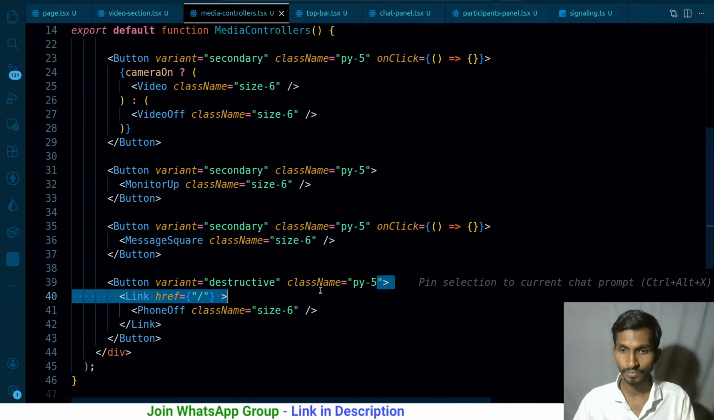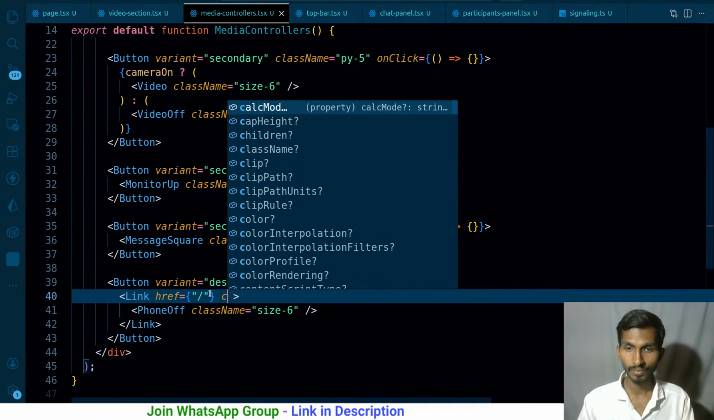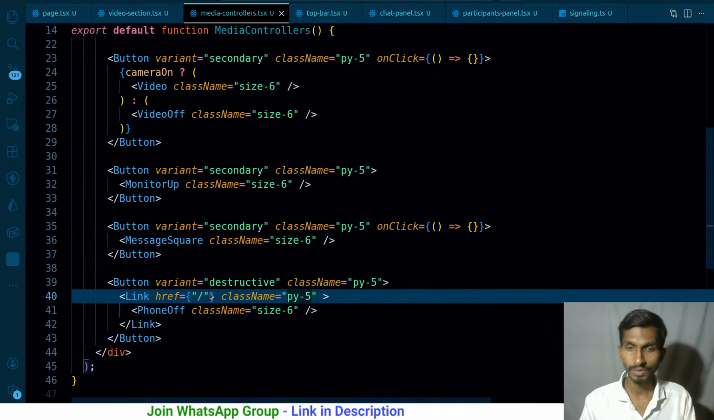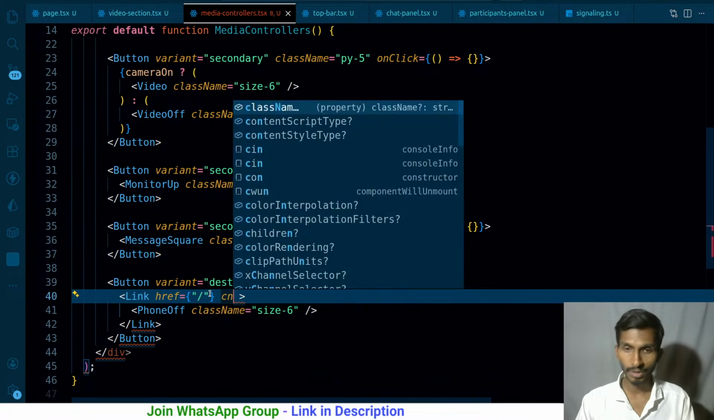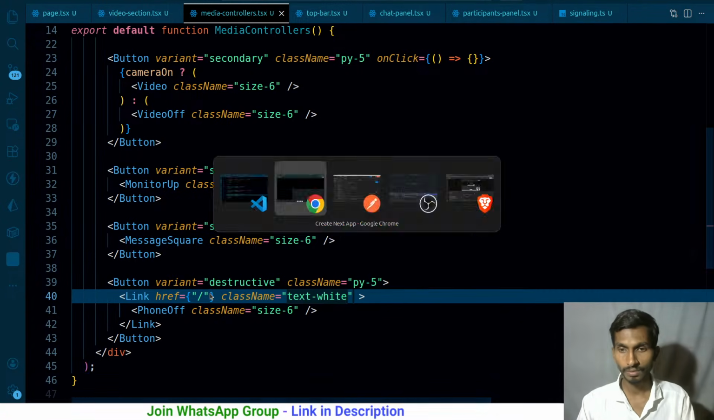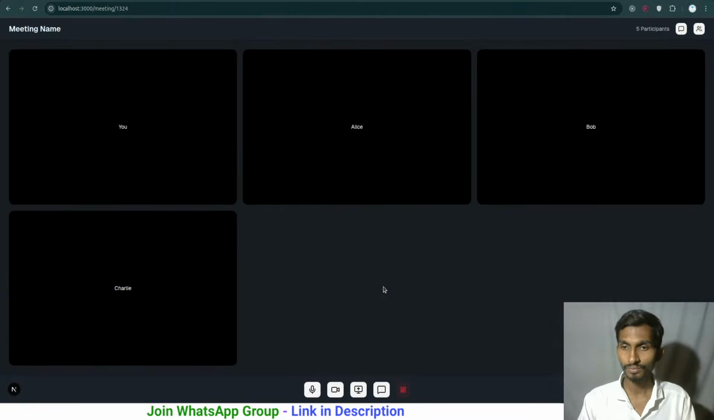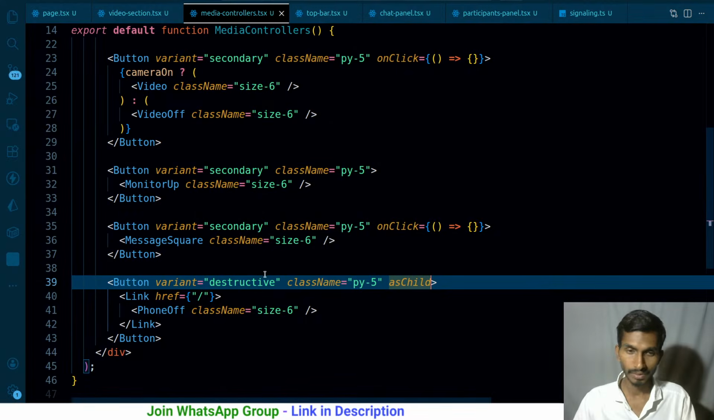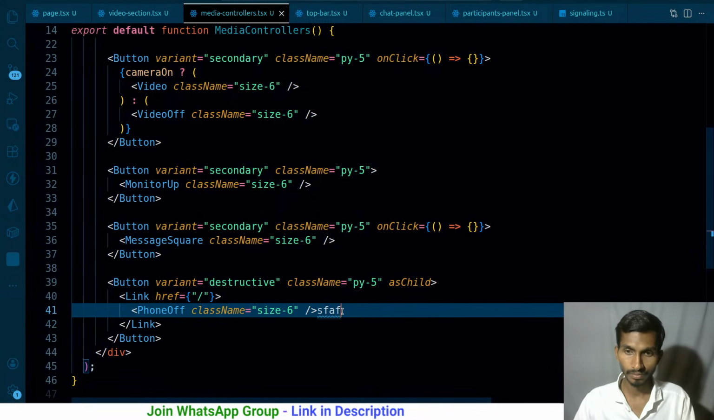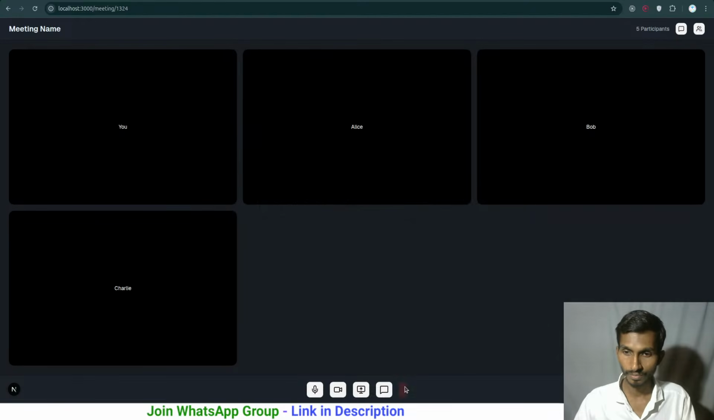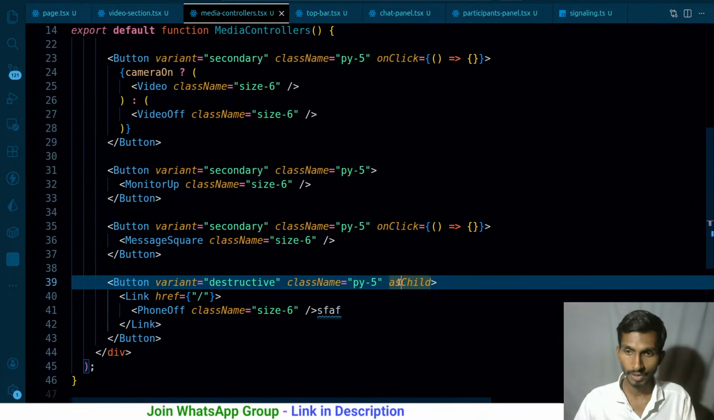Class name py5. Let's see what's gonna be happening here. That's gonna be gone at the end. So ultimately, can't I give any style text white? No, I can give the color, but then it's not gonna be destructive. That's right. So as for the link, let me make it as a child. Okay, so there's gonna be no difference. Interesting. If I made it as child, so